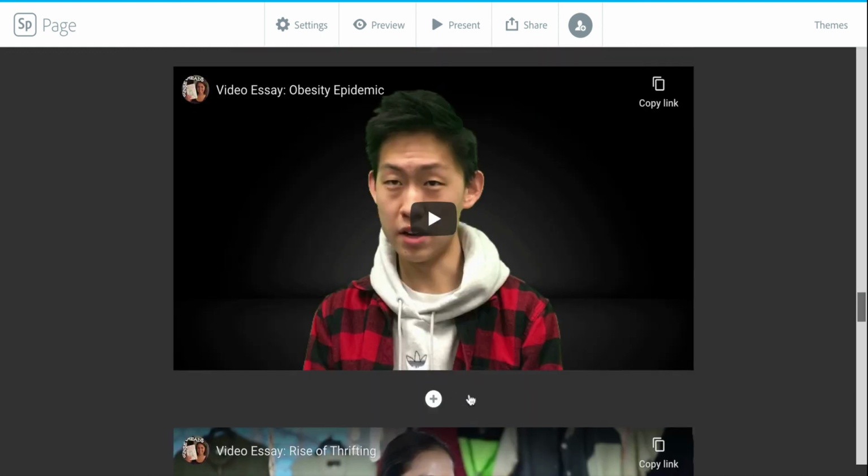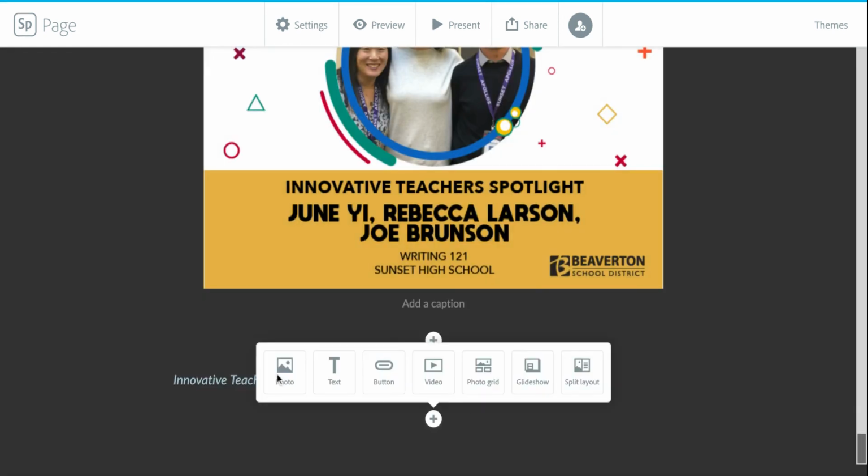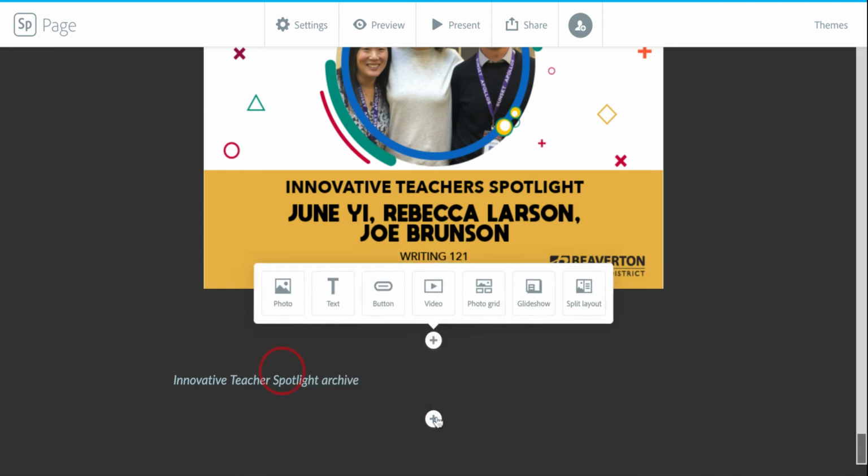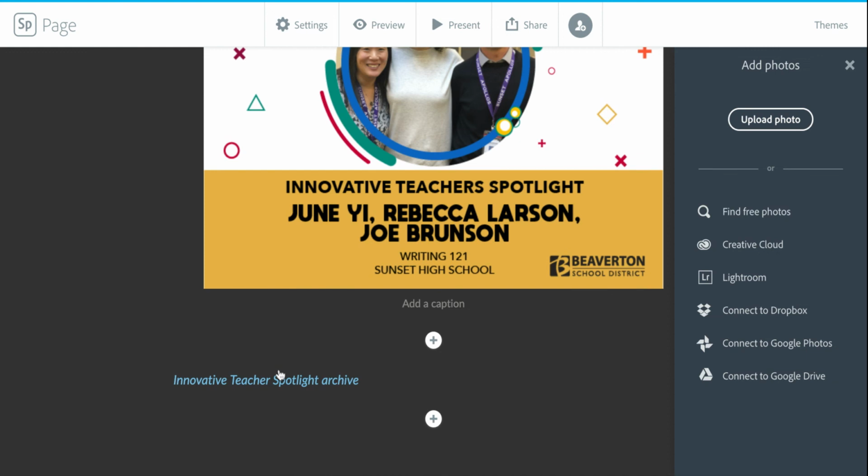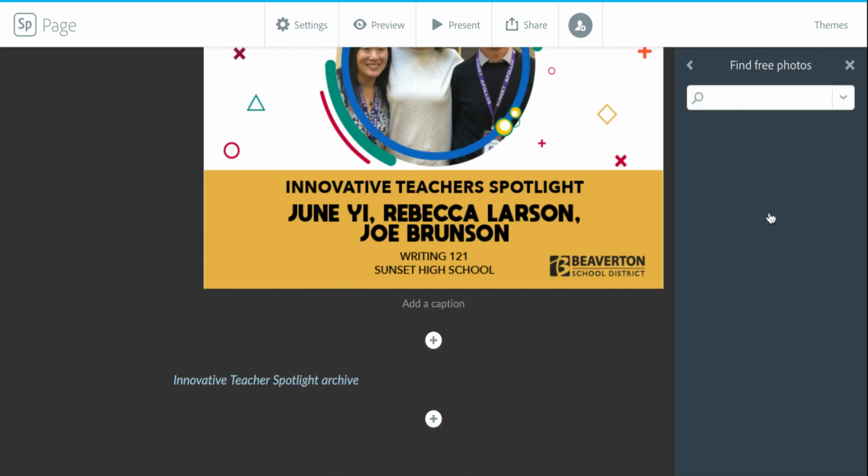When you click on the plus, you get an option to put in a photo, text, a button, which would be like a hyperlink, a video, a photo grid, kind of like a collage, what they call a glide show, which is like a slideshow that has moving images, or some kind of split layout. You are a little bit limited when you choose one of these things. You just need to know that when you choose your option, you're going to find